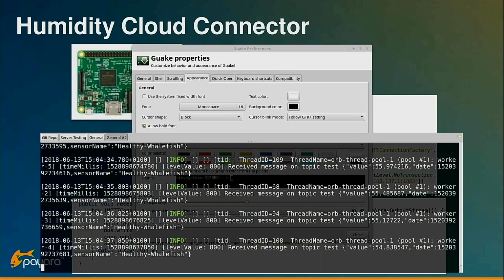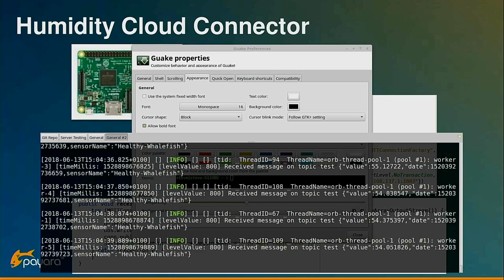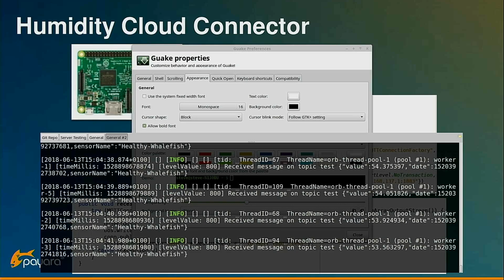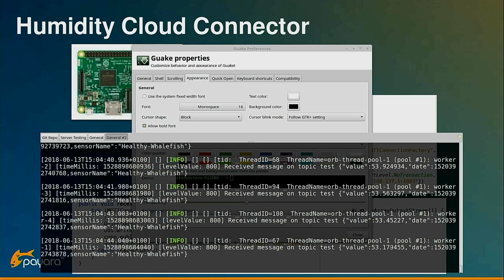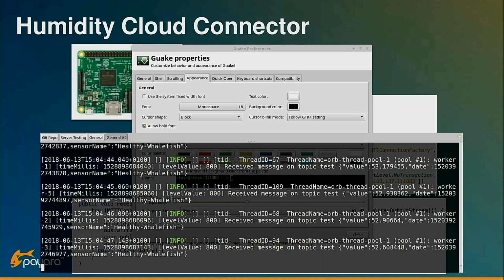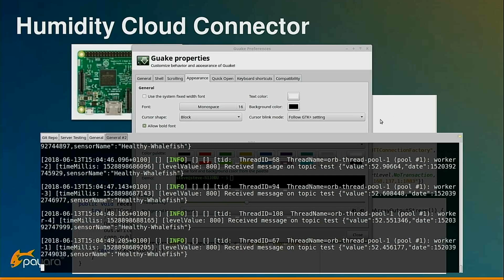So that's again pushing out. So this guy is pushing out the events onto the Mosquitto broker running on my Linux laptop. Okay, so